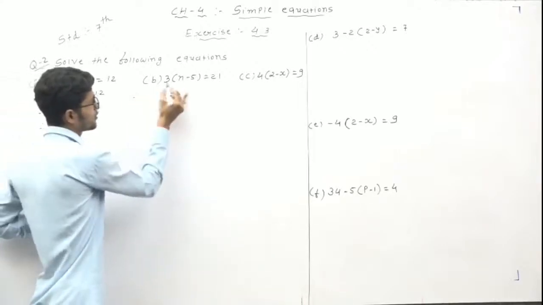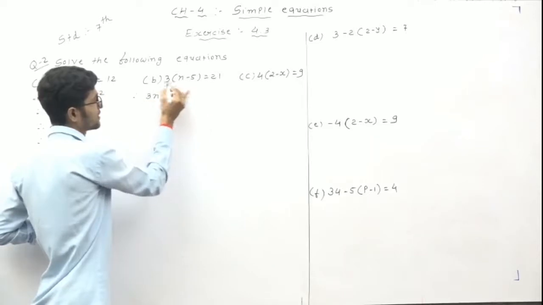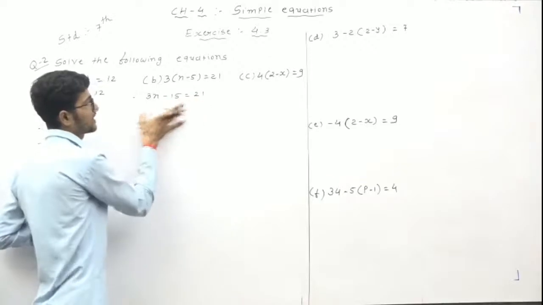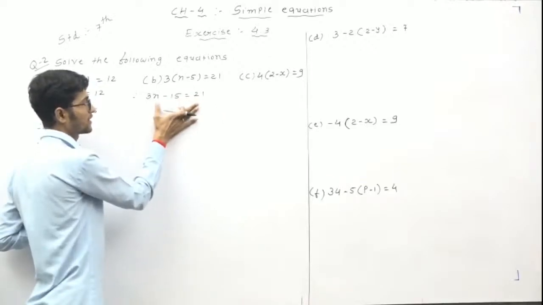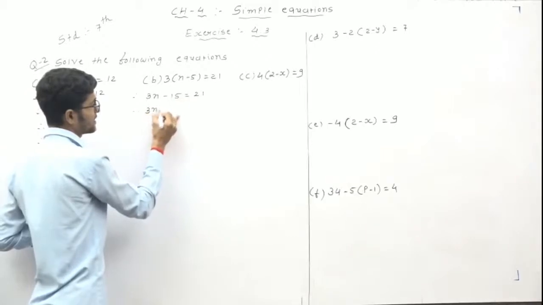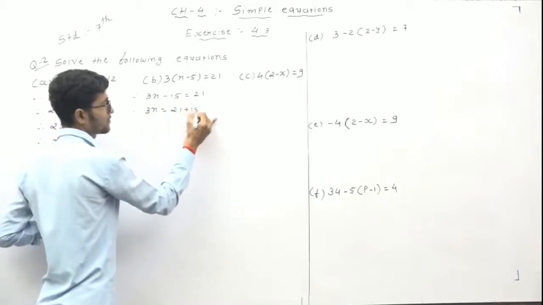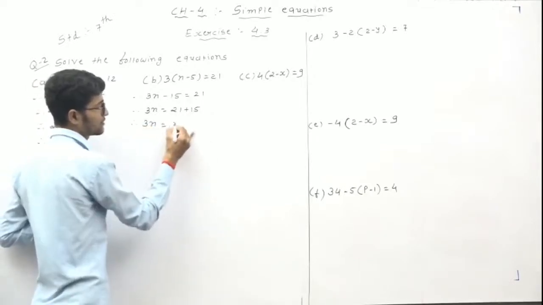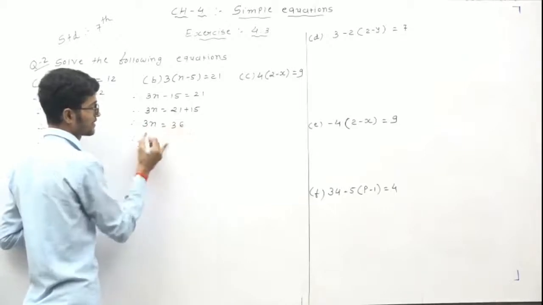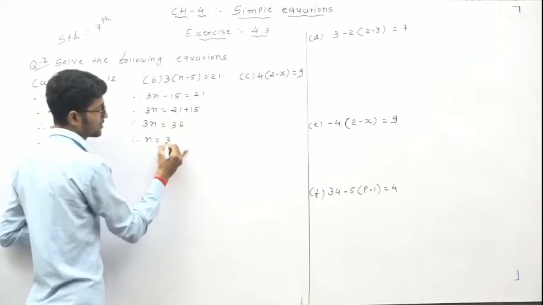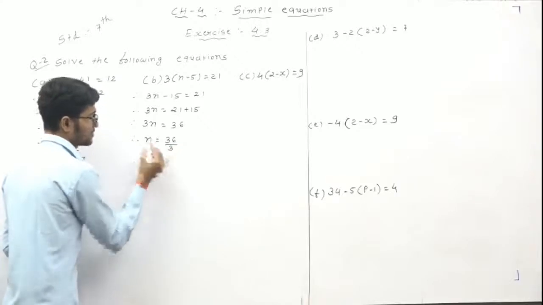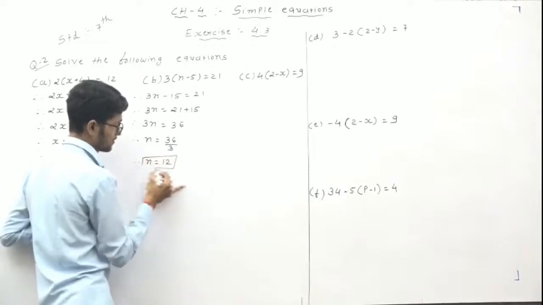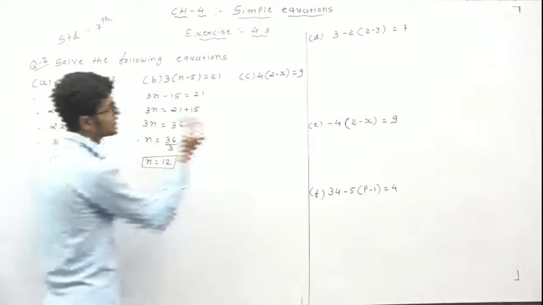Same for the next. So first of all 3 multiply by n, it means 3n. 3 multiply by 5, it means 15 is equal to 21. Right? Remove the bracket and then after our equation is 3n minus 15 is equal to 21. Then after the solve, 3n is equal to 21 plus 15, it means both the sides add 15. 3n is equal to 21 plus 15, it means 36. Now in this side, the 36 divided by 3, it means both the sides divide 3. Now n is equal to 12. Clear?